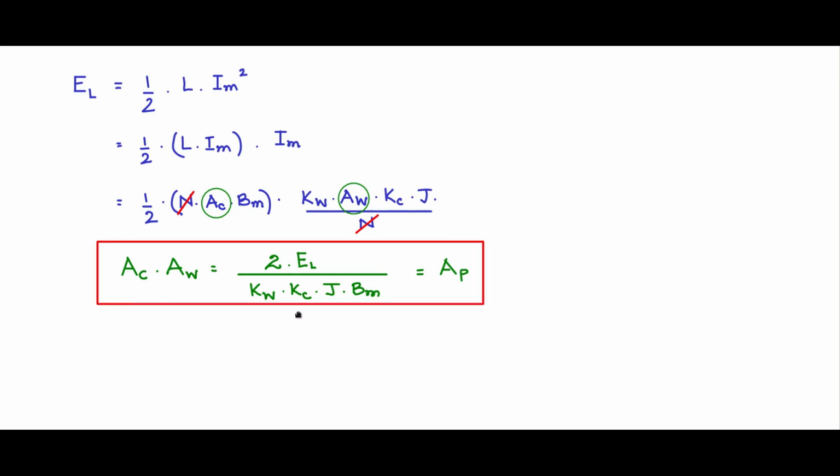This is the area product equation, and this is the equation that you will be calculating and checking in a table of cores, comparing it with the area products of the cores. You will pick out that core which has an area product greater than that which is calculated, and that is what we will be using for the inductor design and later on for the transformer design too. But for the transformer design, the area product equation will be different. We will come to that later at that point in time.